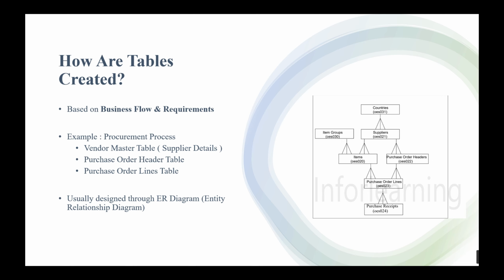One supplier can have n number of purchase orders, and one purchase order can have multiple purchase order lines, and one item can have multiple purchase order lines, and one purchase order line can have multiple receipts. That's what this defines. Okay,